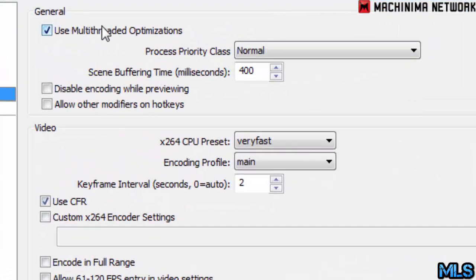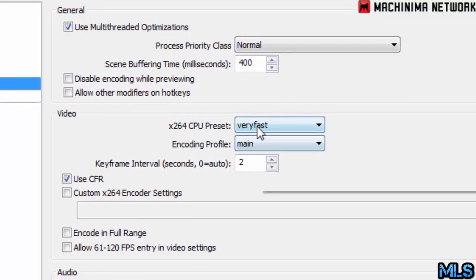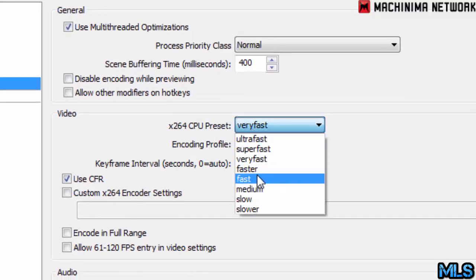You make sure you have use multi-thread optimizations on, and put it on normal. Scene buffering, put on 400 milliseconds. And video, you want to put to CPU preset. It will come automatically default to faster. I use very